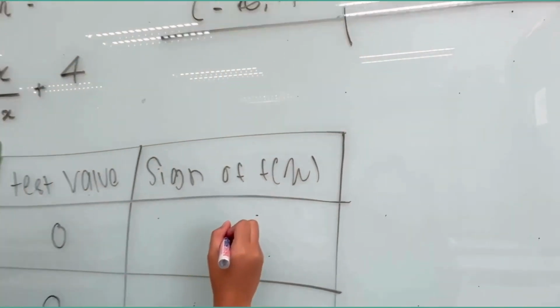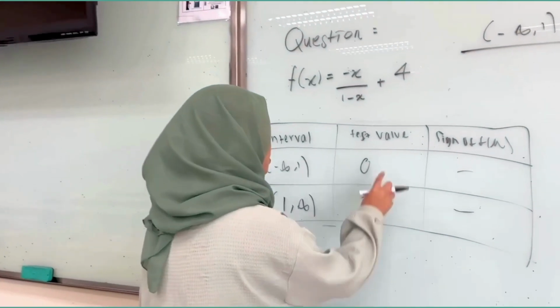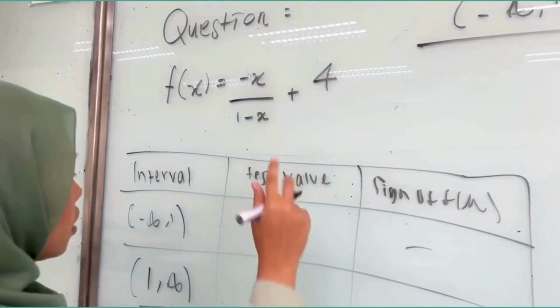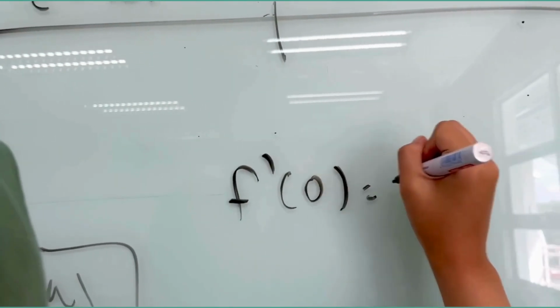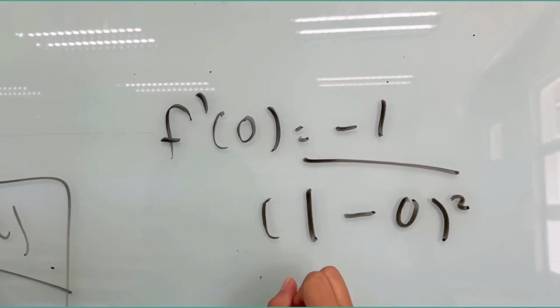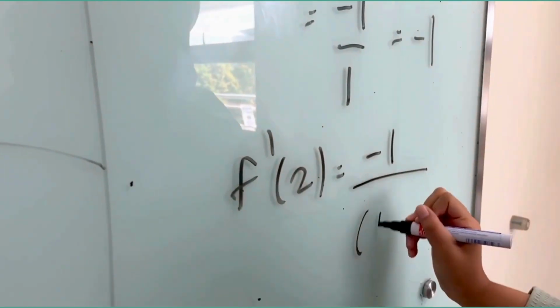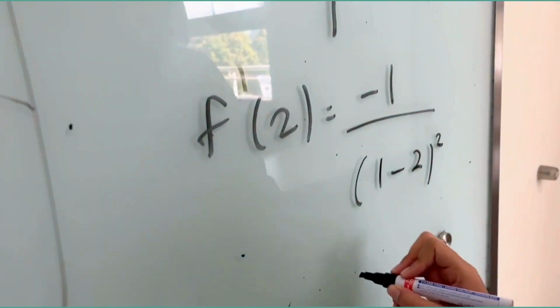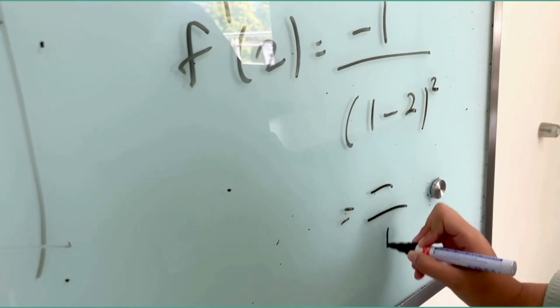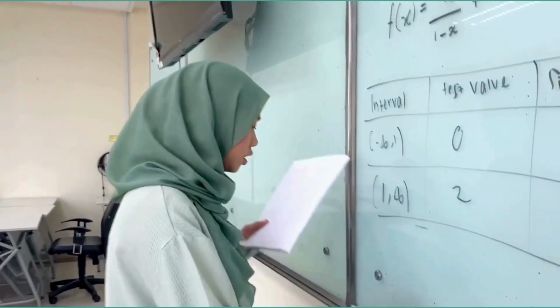So the sign of f prime x is positive and positive. So we need to substitute 0 and 2 into this equation. 1 over (1 minus 0) squared, so it will be 1 over 1 squared. Okay. For the conclusion,